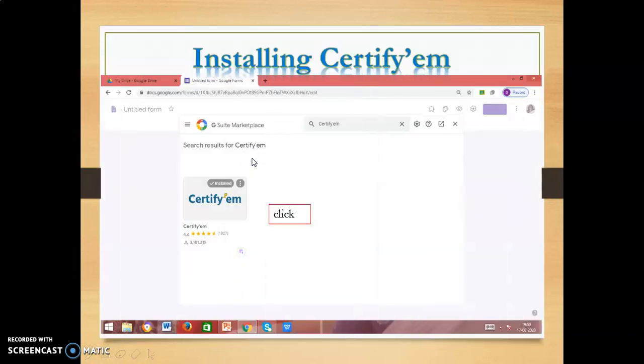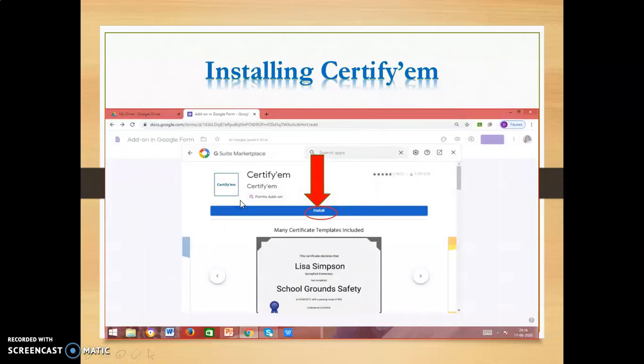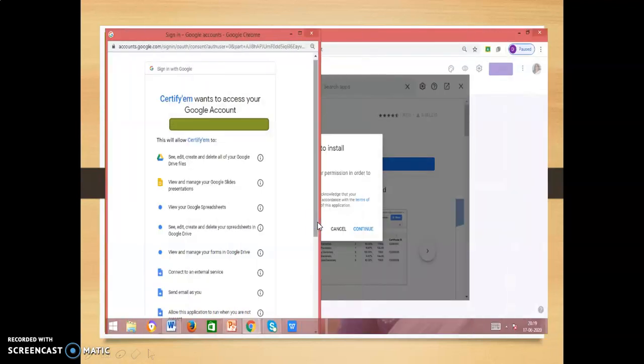Here I have installed Certify-M. Then I have clicked this Certify-M. As soon as I click this, the installing process begins. It is going to install the Certify-M app. Here you have to click install. Next, after clicking the install button, the Certify-M add-on wants to access your Google account.